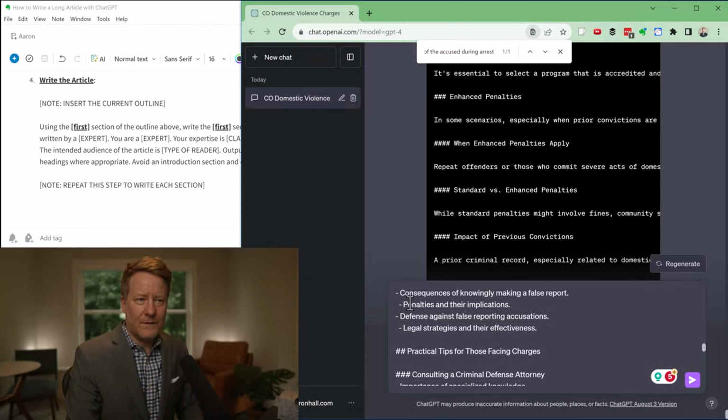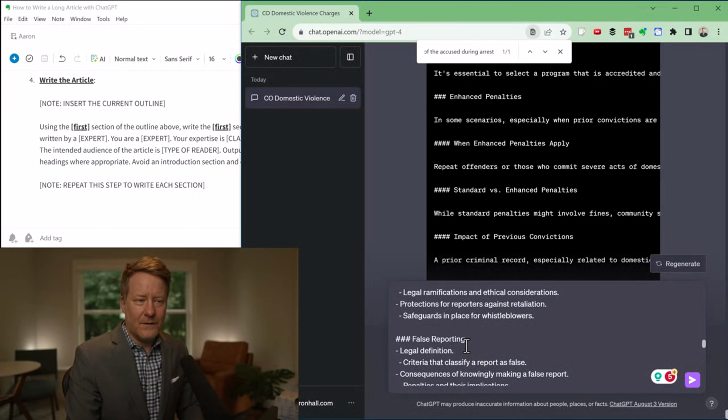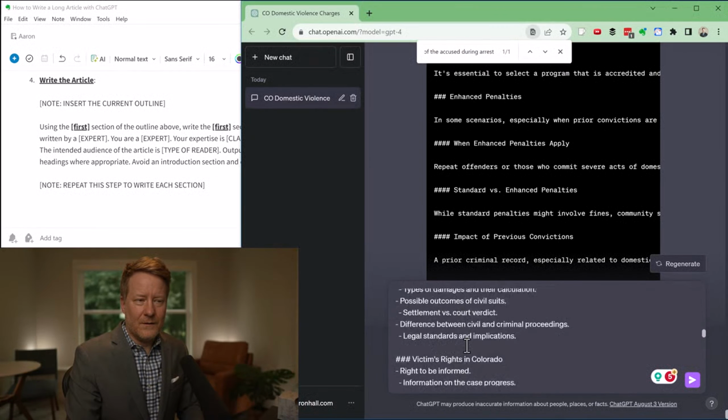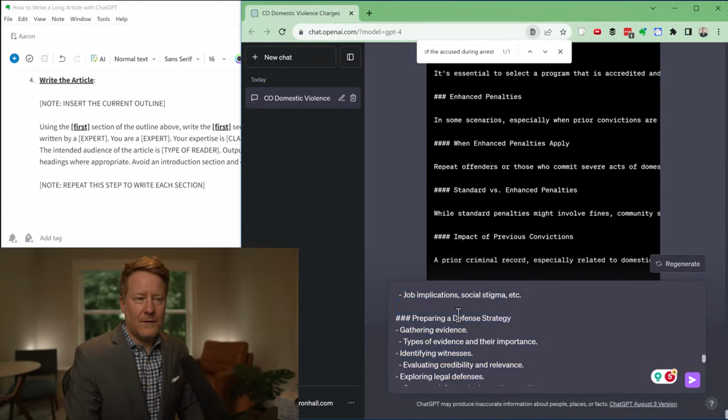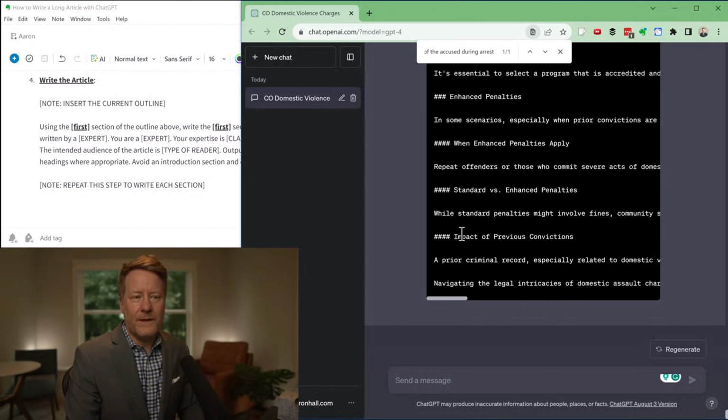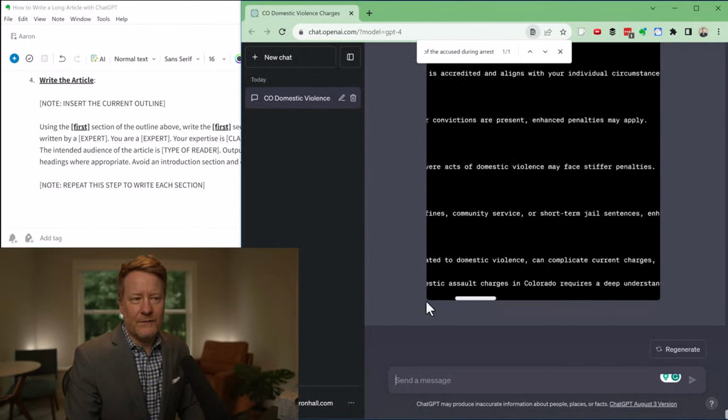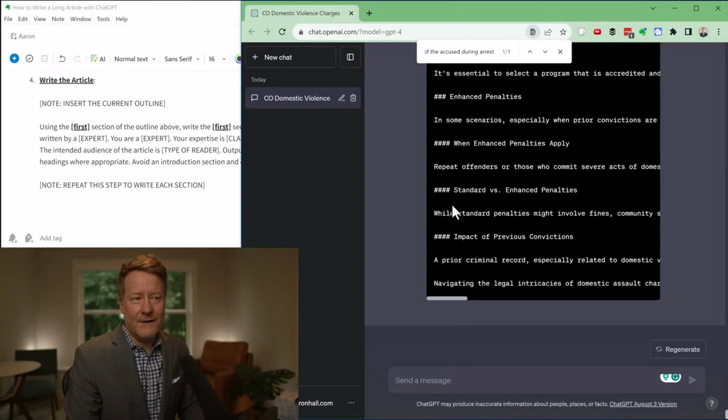Let's see. Let's get rid of this. Impact of previous convictions is where it ended, under enhanced penalties. Let's just see where that's at.